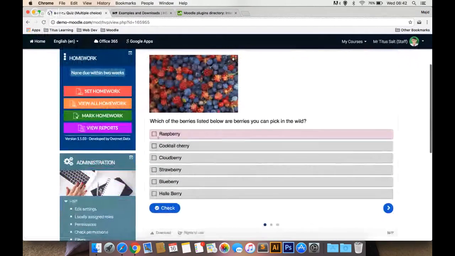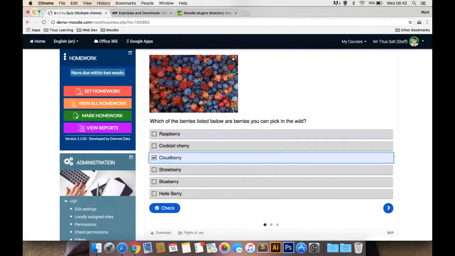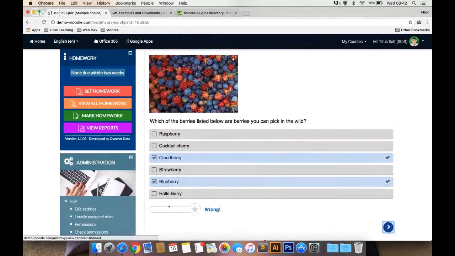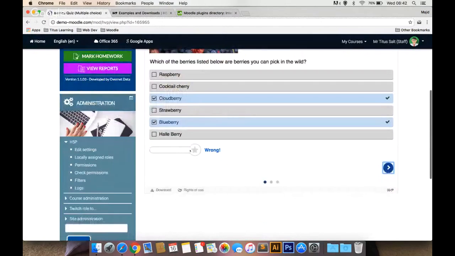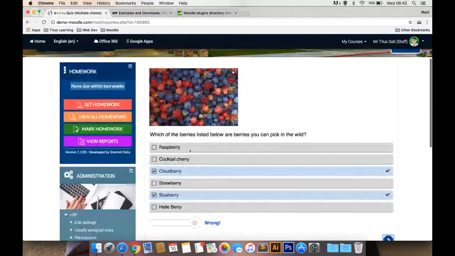So you can see there's cloudberries and blueberries. If I check that, actually there's one missing there, but you can see this. That's an example of the multiple choice question type. So if I just go back,